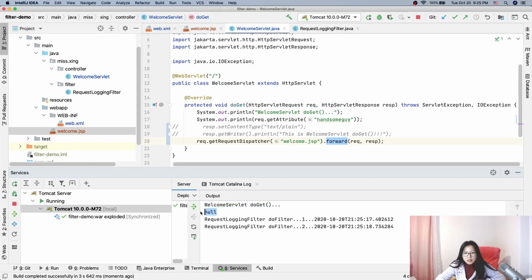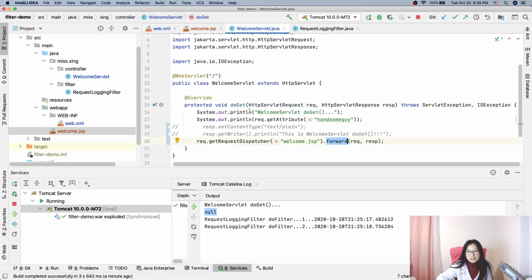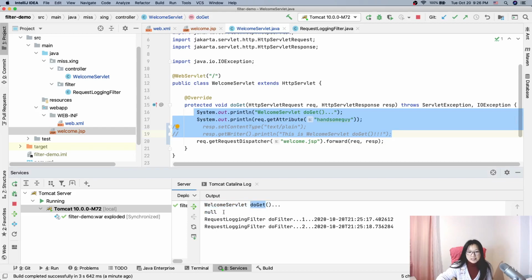Why here is still... you know what? Yes, that makes sense. Okay, so take a look. When the request comes, in this case, first it will go to our welcome servlet, right? In the welcome servlet, our filter is set to forward. So the first part didn't trigger the filter. That's why here we will see welcome servlet get and see none, because before the forward,